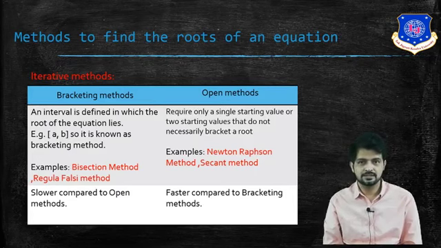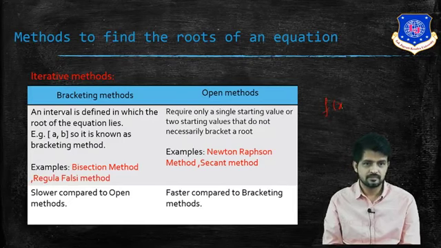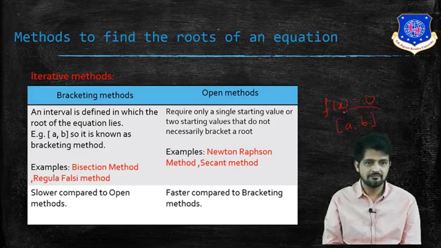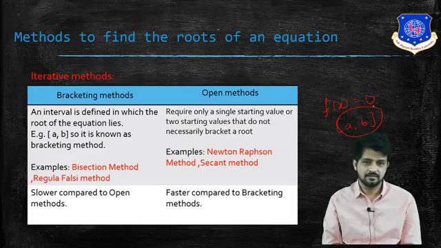Now, as the name suggests, bracketing and open, what is the meaning of bracketing method? In the bracketing method, we are defining an interval in between which the root lies. For example, any given equation f of x is equal to 0 is given. I have to define an interval in which my root lies. Okay, so it is an interval a comma b. In this interval my root will lie, and this is known as the bracketing method because a bracket is there in which the upper limit and the lower limit of the root is already given. Fine. Then in open